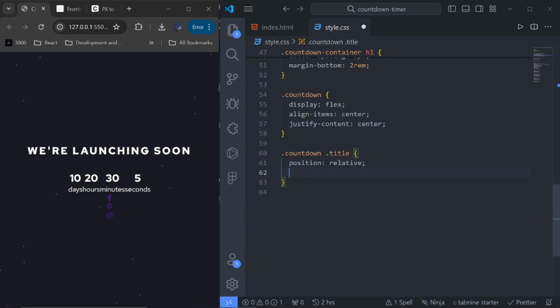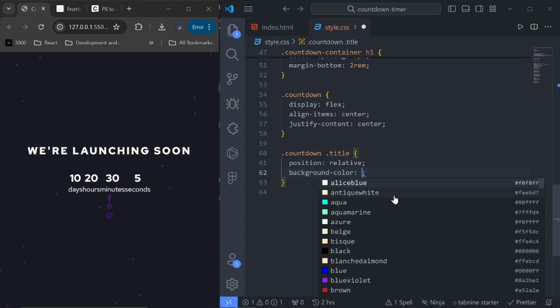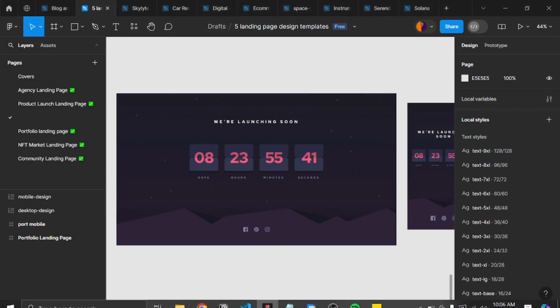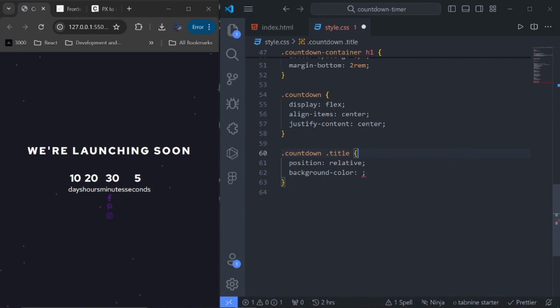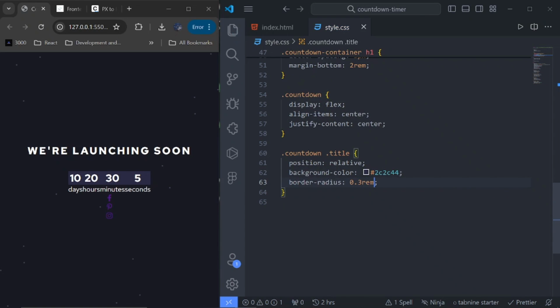So position relative. Background color should be, I wrote this one down because I couldn't see the exact color while I was building it. So I guess 2C44. Yeah, this was what was closest. Then let's add the border radius of like 0.2